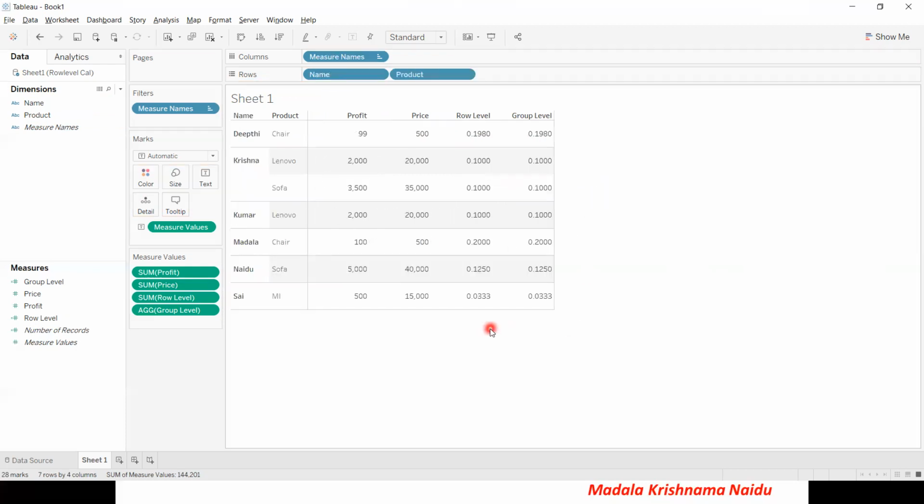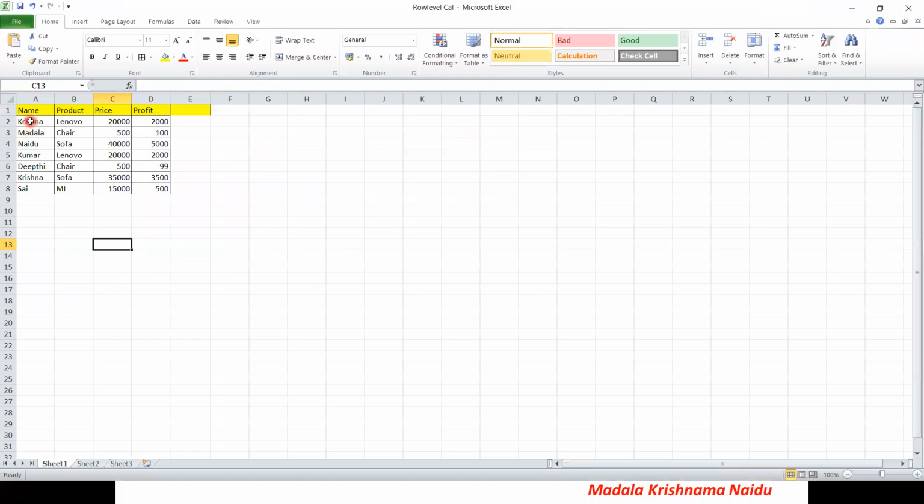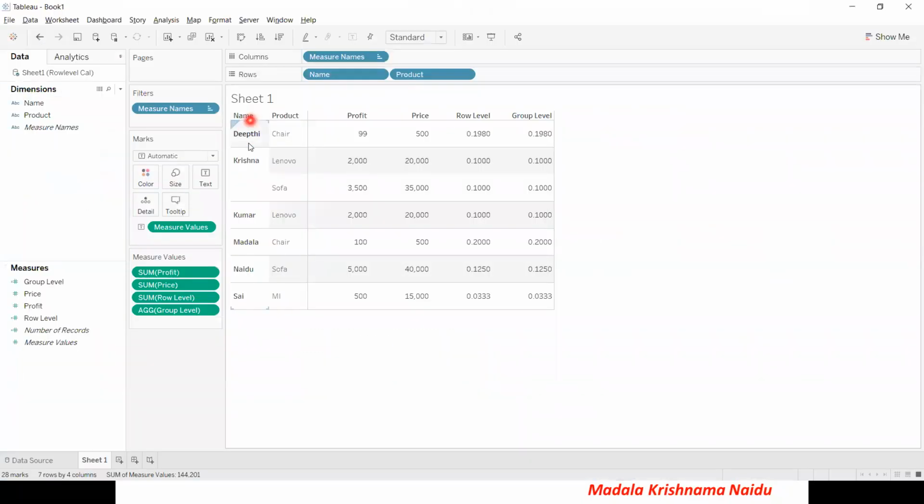Now you can see in our data set this is based on the name, right? For each person here, Krishna and Kumar, they both purchased the same product. So in this data set, customer name is the more granular level. That's why whenever I am dragging customer name here, the visualization that we are showing in Tableau is more granular.